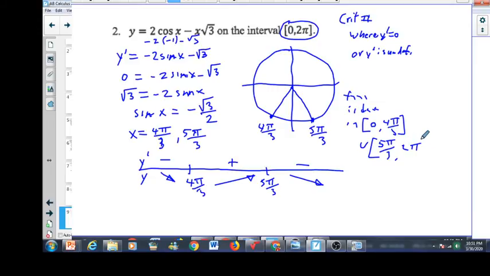And why is that? Because y prime is less than 0. And then we know we're going to be increasing in this interval. I'm going to write over here, increasing on the interval from 4 pi over 3